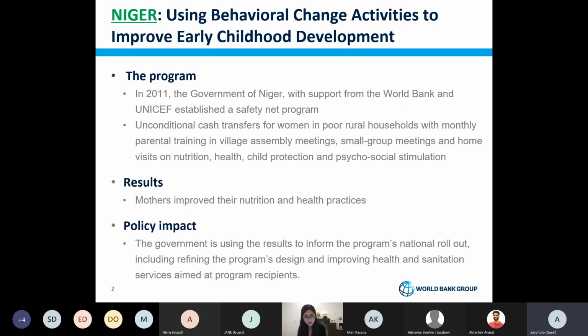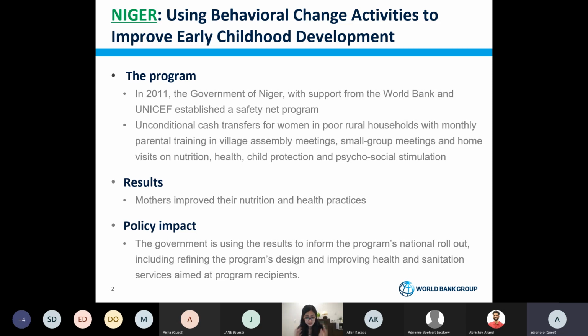the baseline survey results were used to change a couple of things in the program. The first thing was that the survey showed that the children's cognitive development was weaker than expected. So the government, again, reworked the program to give more emphasis on cognitive development. And the second thing was that changes were made in the targeting mechanism to identify poor families after the survey carried out for the impact evaluation showed that the targeting mechanism for the program wasn't working well.